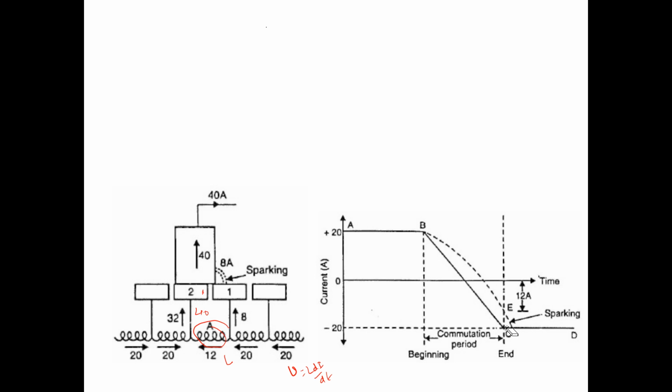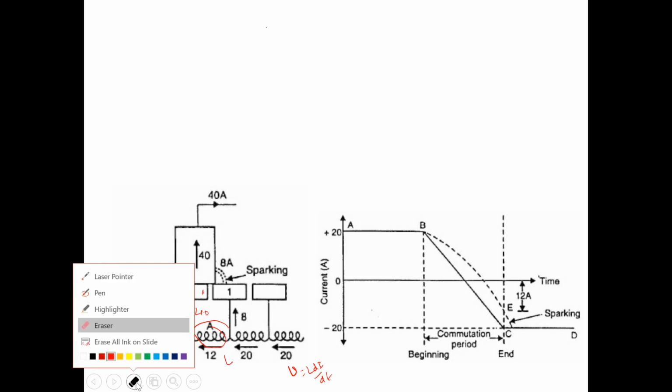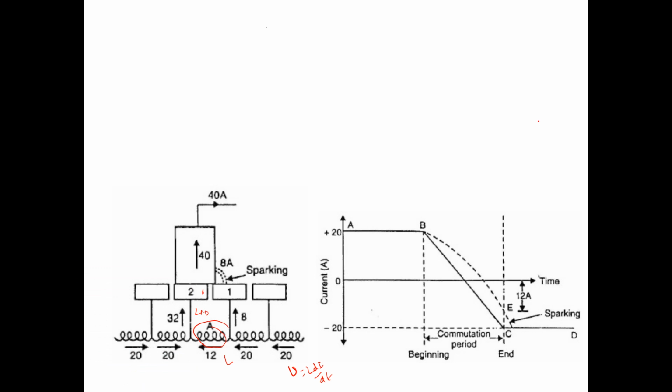By this time, there will be a delay, and that delay is responsible for our sparking. That delay occurs due to inductance. In a nutshell, due to the presence of inductance in the coil, there will be a delay, and that is under commutation, or not ideal commutation, and due to that commutation there will be sparking. This is the actual phenomenon of development of sparking in the DC motor, because the coil has inductance.